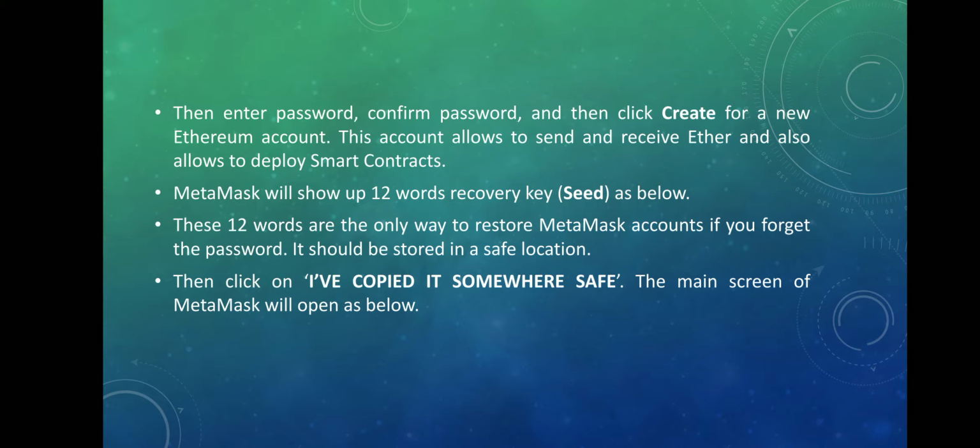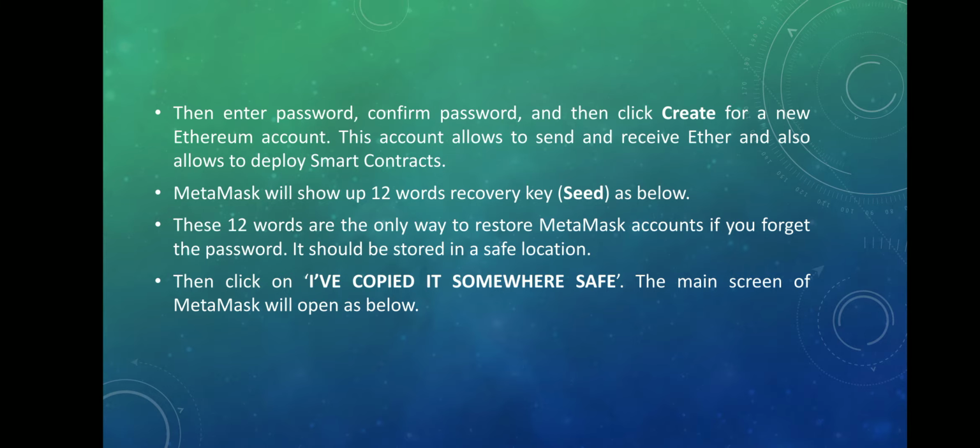There you can find the account address of MetaMask. You can even import your private key: enter your password, and you can import your private key. You can copy your private key to a secure place. In MetaMask we have different networks, like the main Ethereum network, Ropsten network, Kovan test network, Rinkeby, localhost, and RPC. Many options are there. You can connect to different blockchain networks with the help of MetaMask.